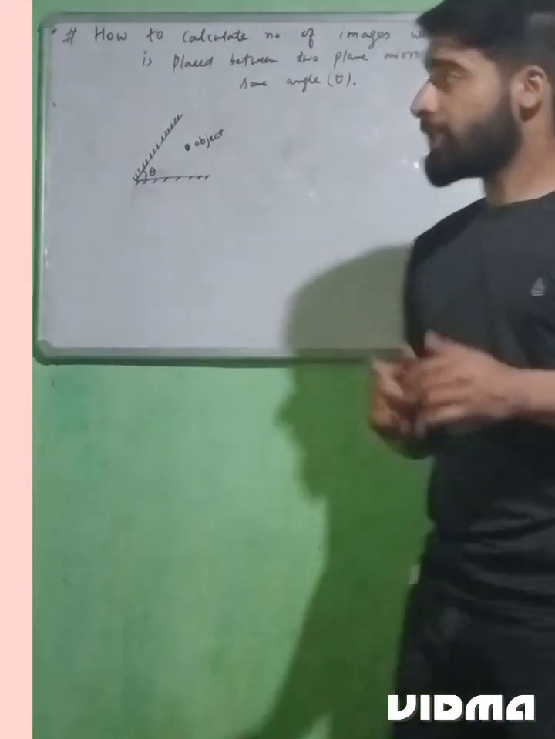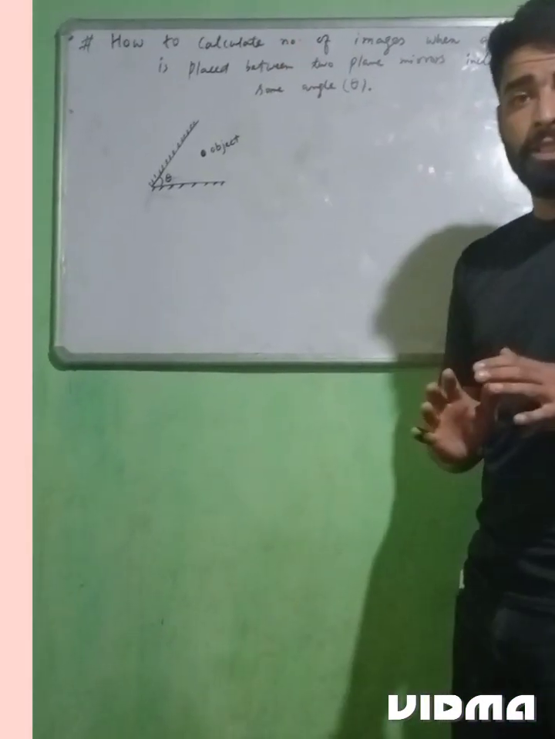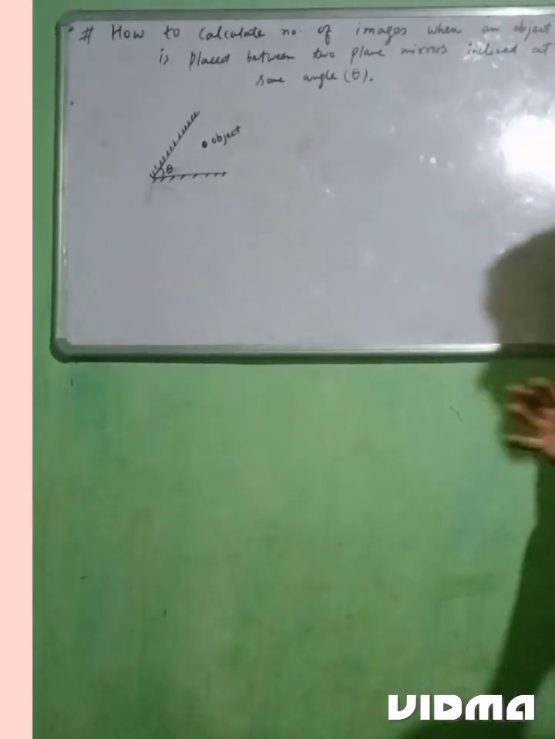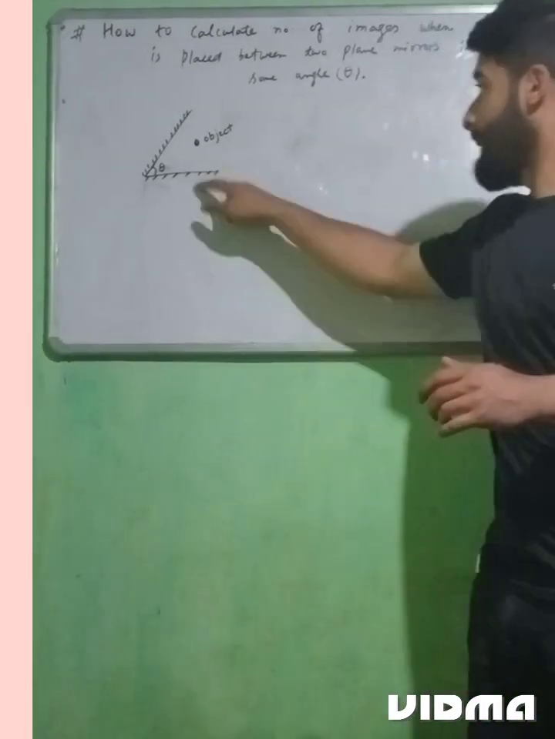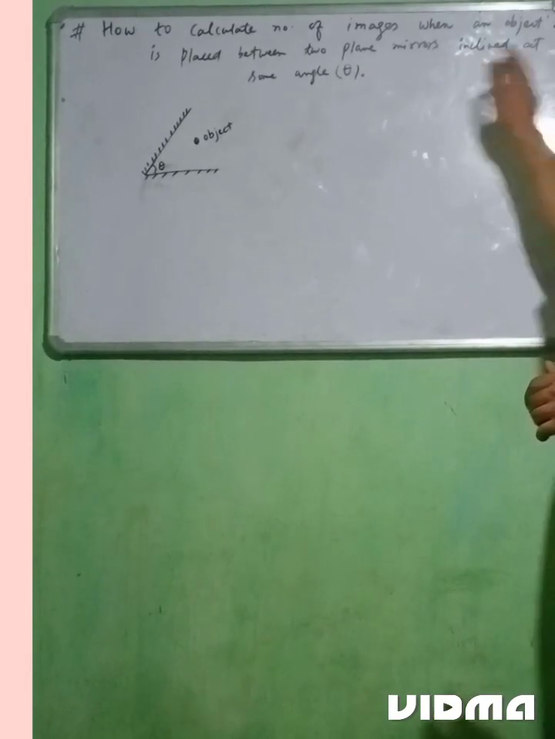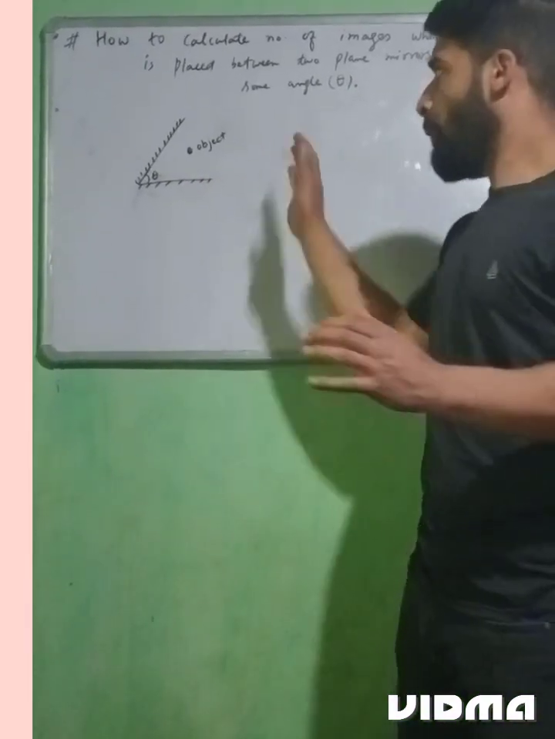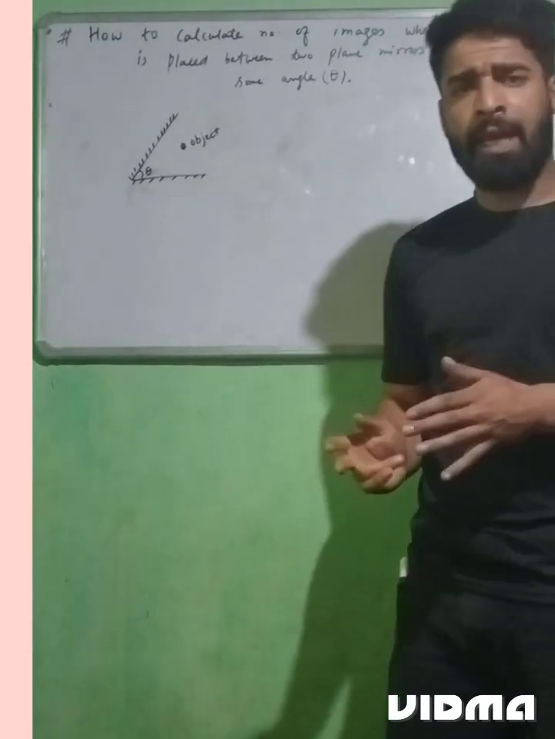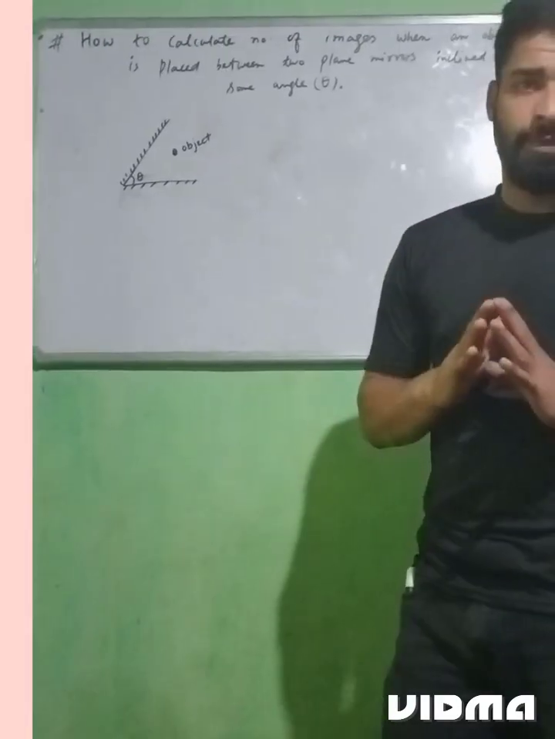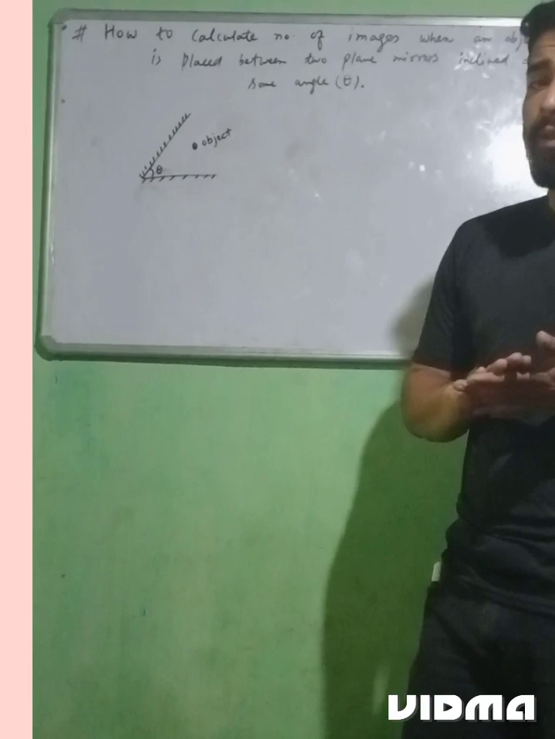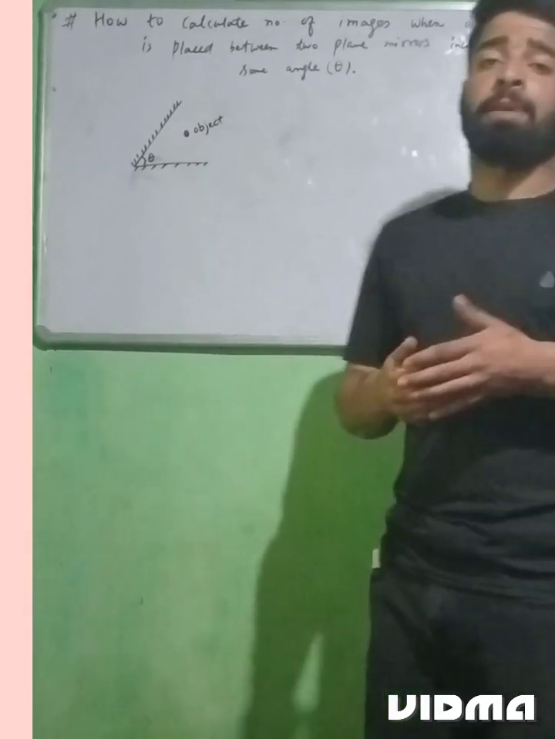Today we have to discuss how to calculate the number of images when an object is placed between two plane mirrors inclined at some angle theta. अगर हमारे पास कोई ऑब्जेक्ट है, उस ऑब्जेक्ट को हमने रखा है दो प्लेन मिरर्स के बीच में, तो उस ऑब्जेक्ट की वहां पर मल्टीपल इमेजेस